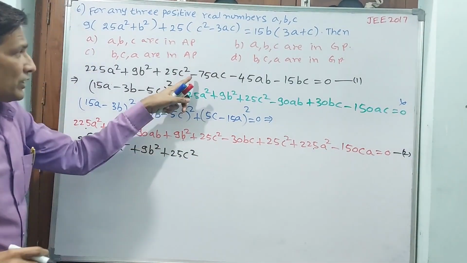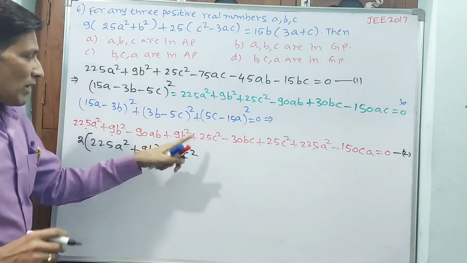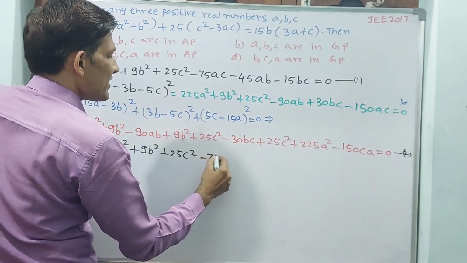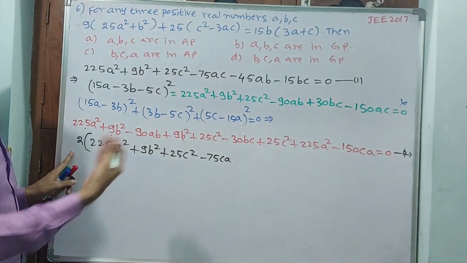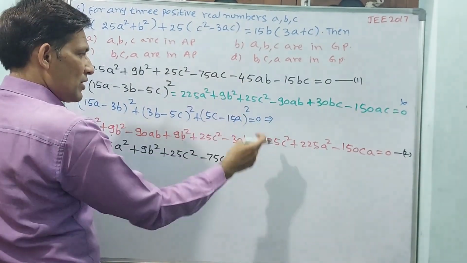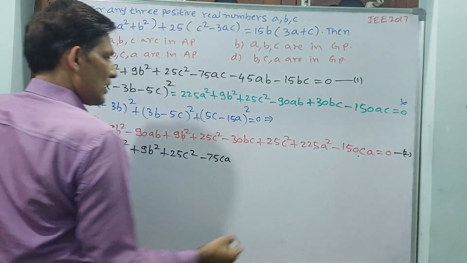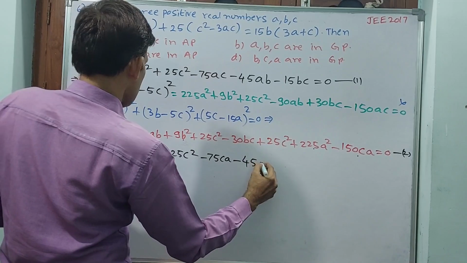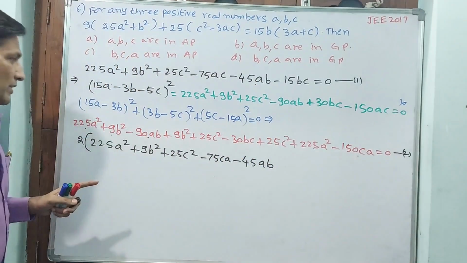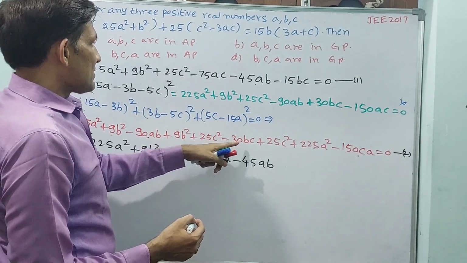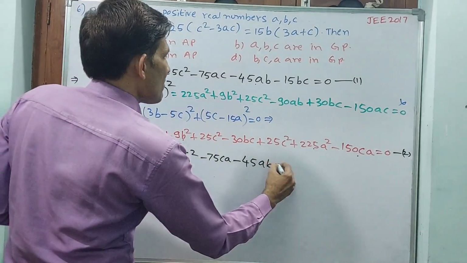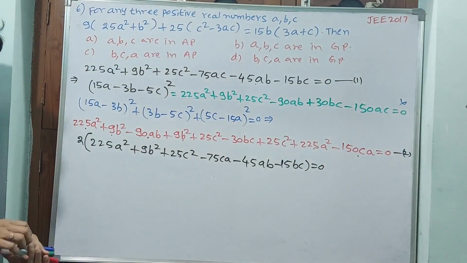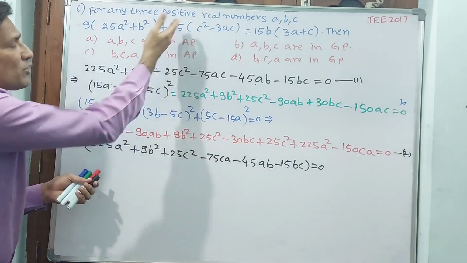Now you see, only 1 time has come, minus 150CA. That means 2 we have already taken outside, so minus 75CA. CA or AC, both are the same. See, minus 45AB, minus 90AB is there; this also you put a dot. Minus 90AB, I can take minus 45AB. This matched. Now only one term is pending. What is that? 30BC. That means 15 is taken outside: minus 15BC is equal to 0. Now is it okay? Definitely. When 2 you send to that side, automatically this is going to become equation 1 only.